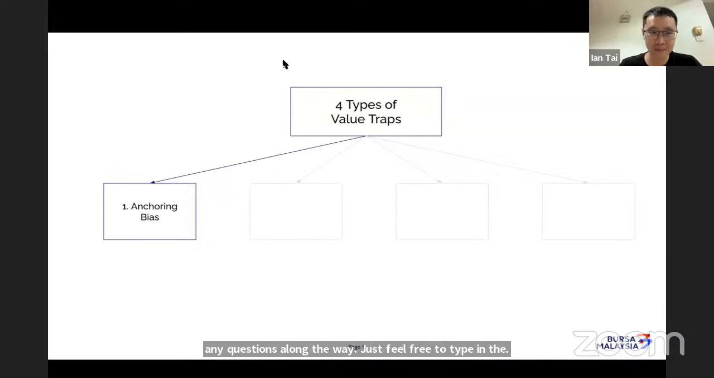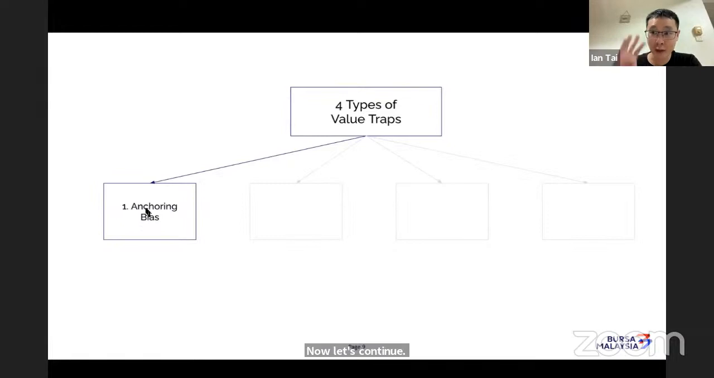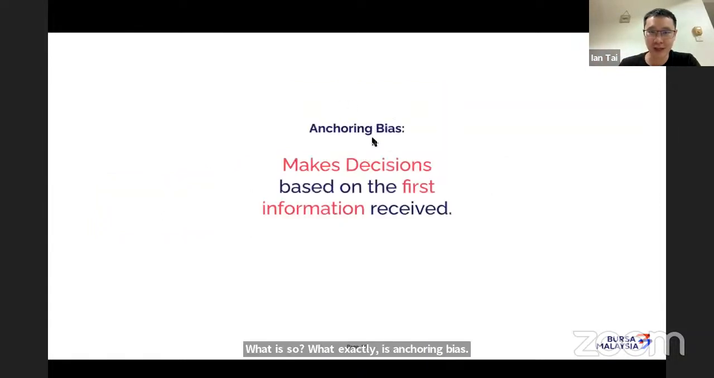Okay, now let's continue. I'm going to go through four value traps. The first one is called anchoring bias. So what exactly is anchoring bias? Let's take a look. Anchoring bias has not so much to do with financials,